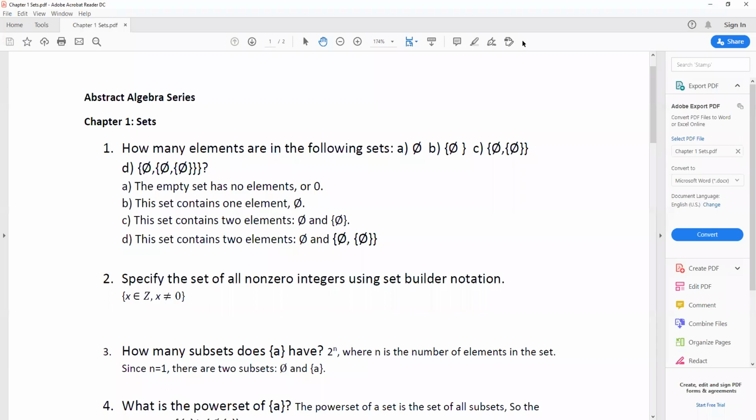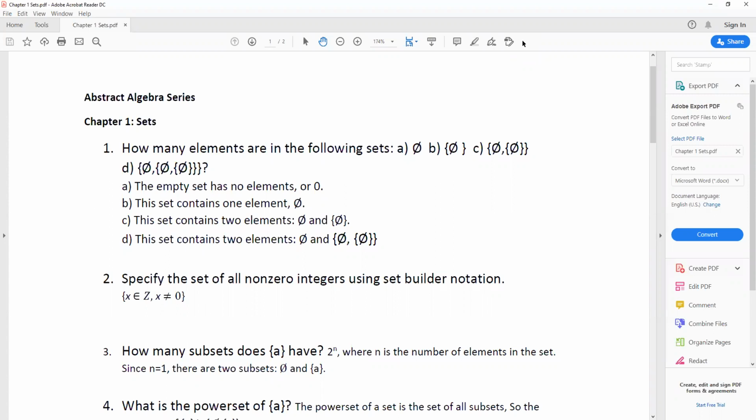This is the first chapter in my abstract algebra series, chapter 1, sets. Number 1, how many elements are in the following sets? Well, if you look at A, it is the empty set, and the empty set has no elements, so the answer